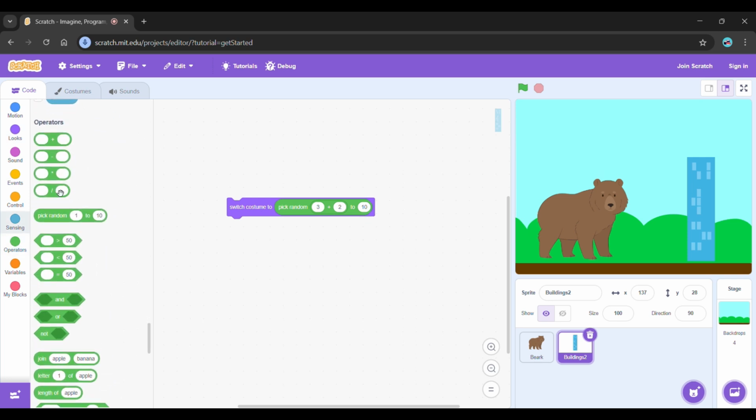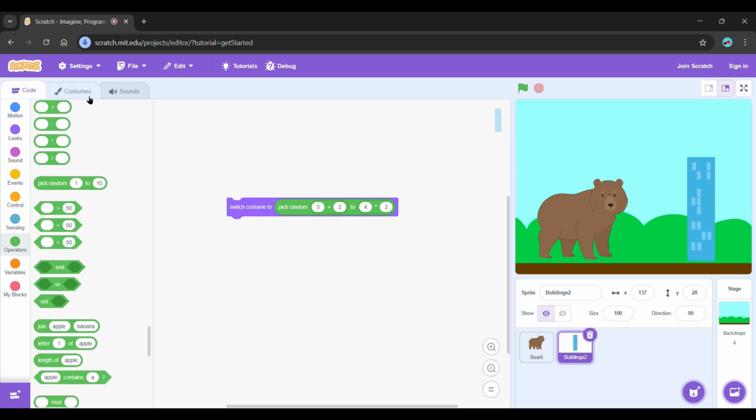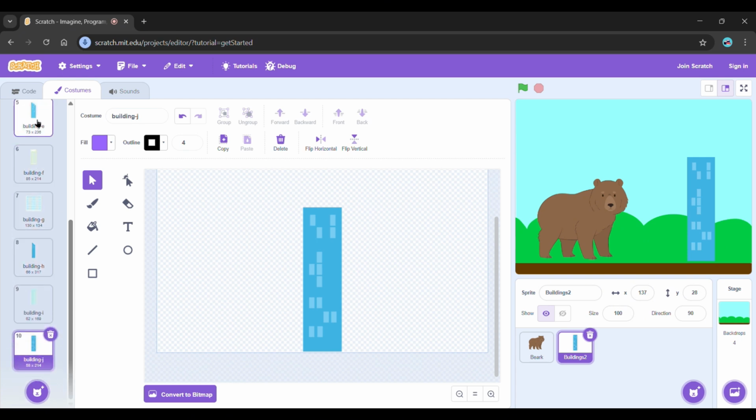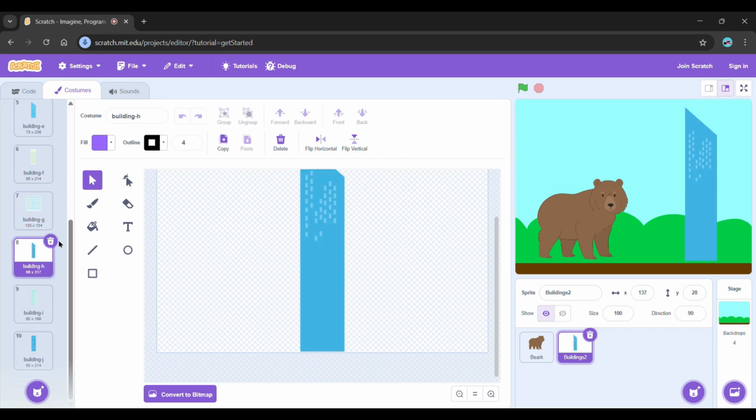Let's say we're going to use the multiplication statement. So what's 2 times 5? It's 10. But since it's already 10, to make it 8 we're going to use this one: 4 times 2 to make it 8. Because we're not going to use the 10. So it means that for our building block, we're going to start from 5 up until 8. So we're going to use just these buildings.